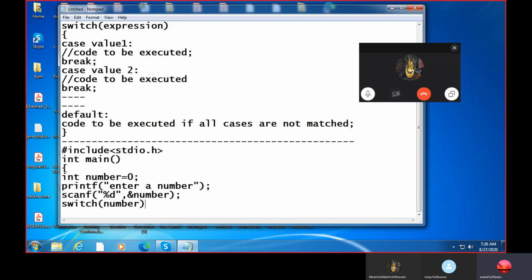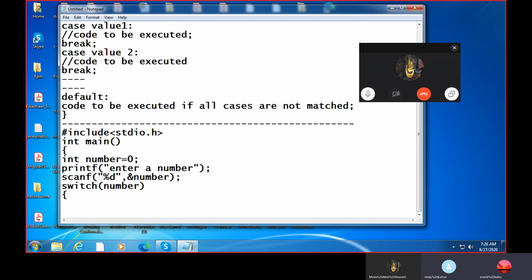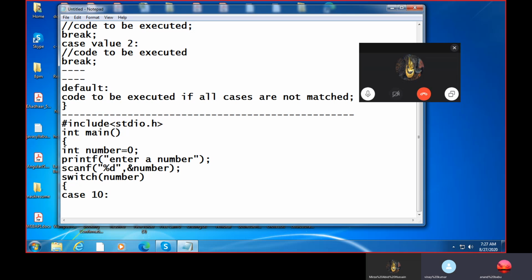So that number will pass in this switch. Okay. Then here case, then printf, printf number. Just 1 minute.